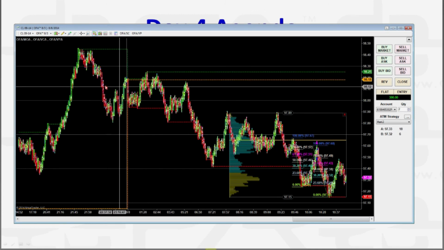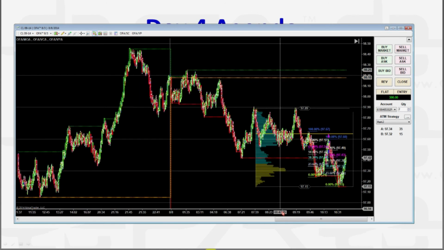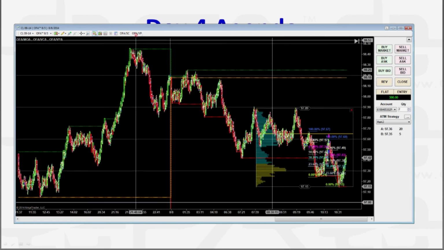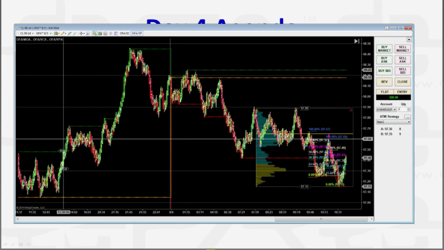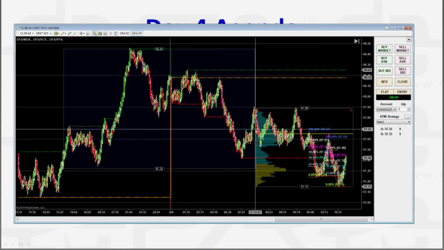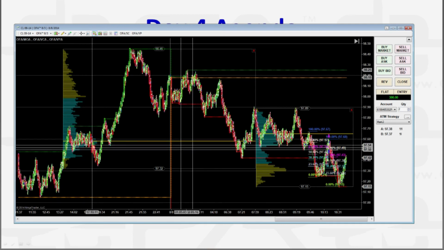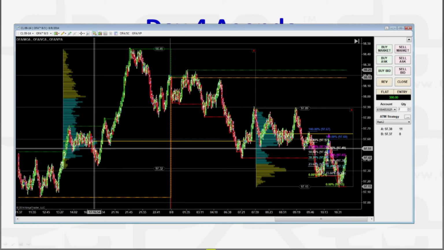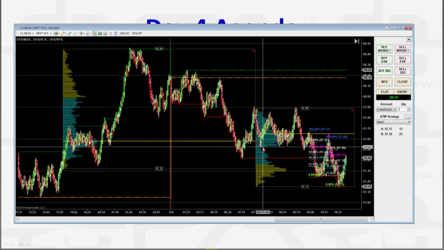So what I'll do is from yesterday's session, I will draw a profile. And you can see in the overnight, this level holding pretty well at 97.50, 97.51. When we opened, it provided a good level,